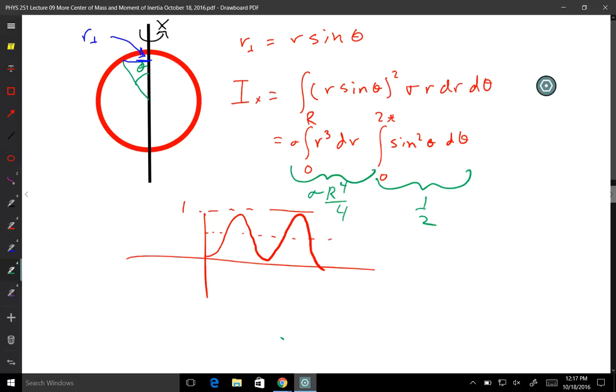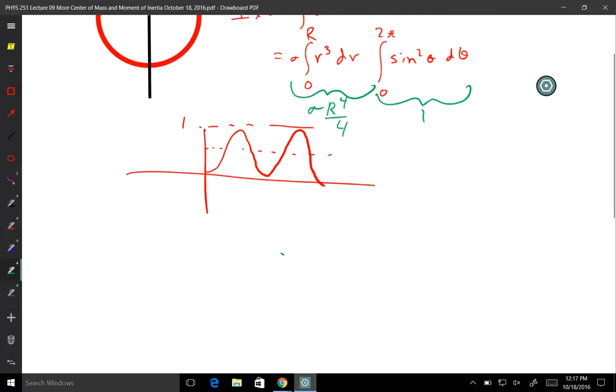So we have that. And, actually, it's over. That was 2 cycles for the sine, though. I think this actually came out to be 1 because it was 2 cycles. Each cycle has an area of 1/2. Okay, my easy method failed me. I forgot it's 2 cycles. I'm pretty sure that comes out to be 1. So now if I put that together, I will have